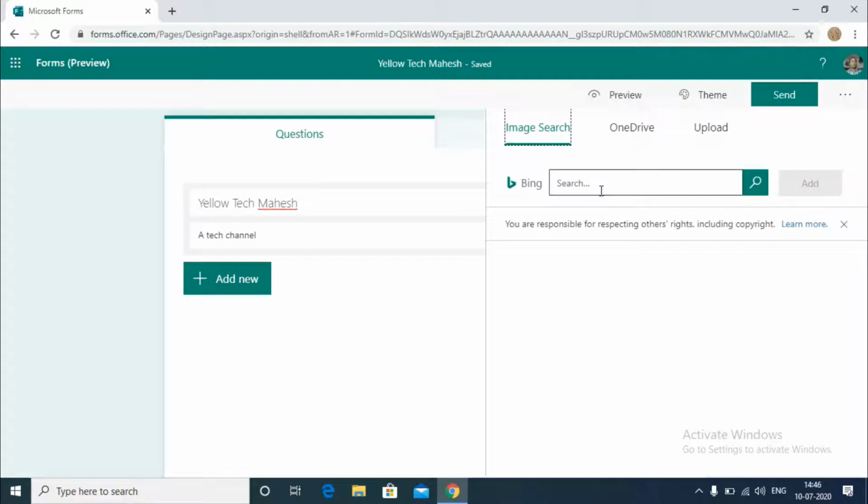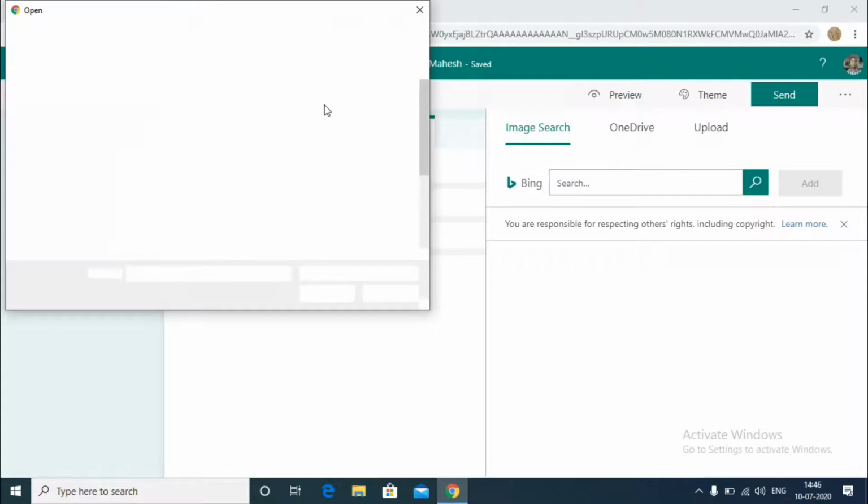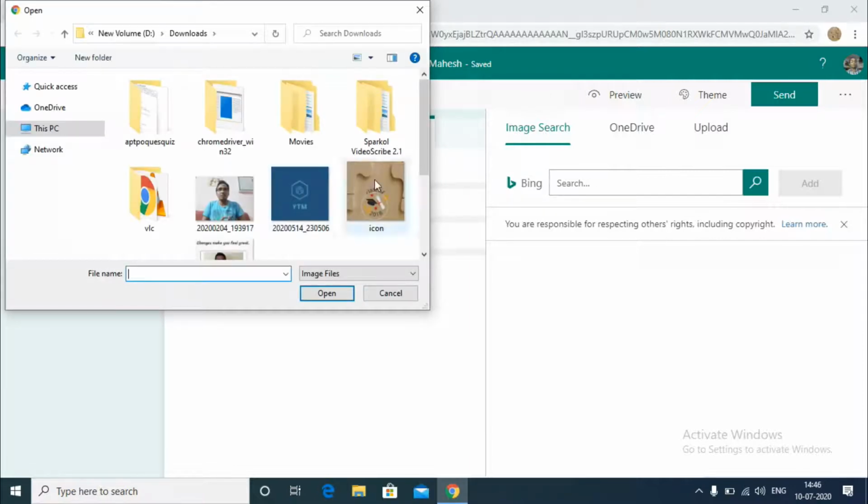Here I am directly uploading from this computer, so I am clicking upload there, and it will ask to choose an image already present in this computer. Yeah, I am choosing this image.